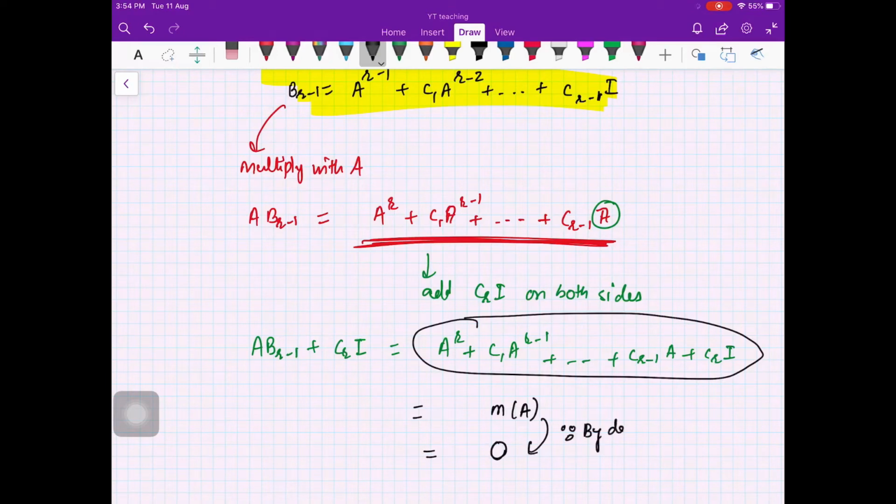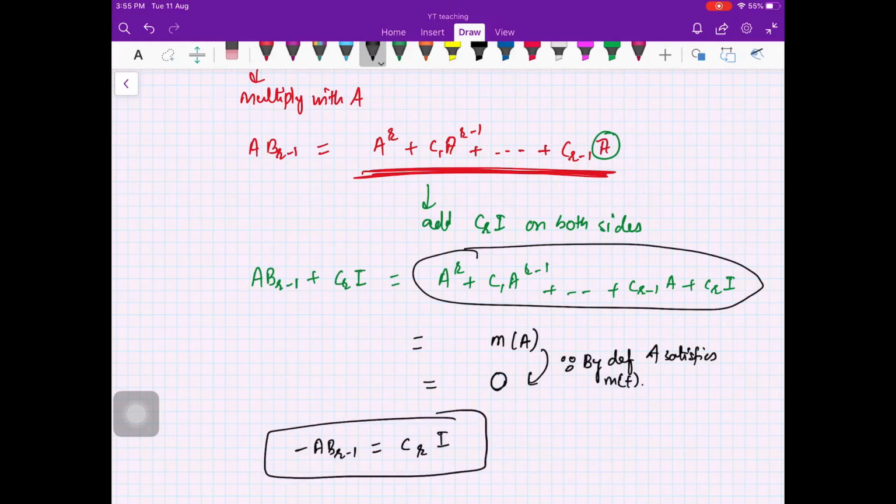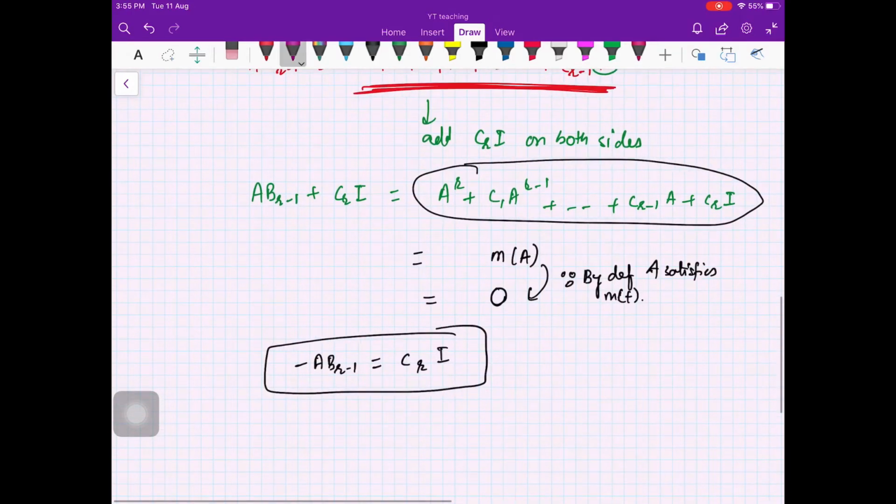Because by definition A satisfies the minimal polynomial MT, right? So what you get is A^r minus 1 is equal to CRI. So this is what you get, right? Now what you do next, you define